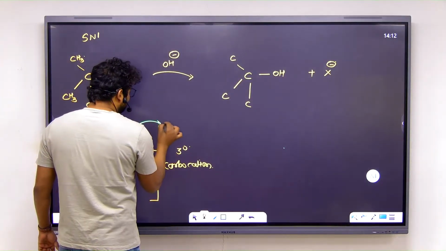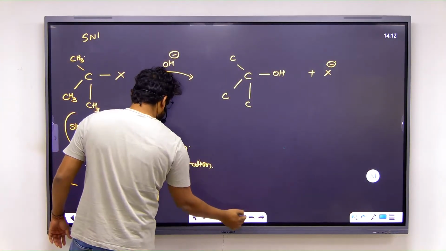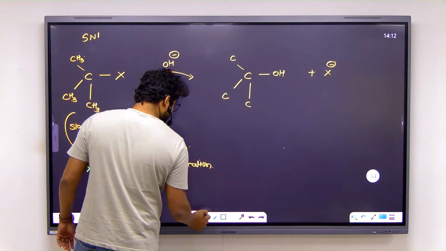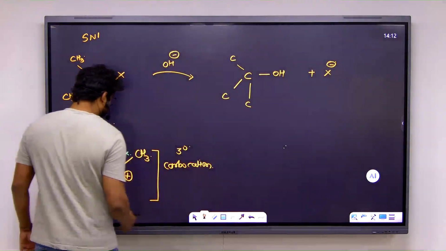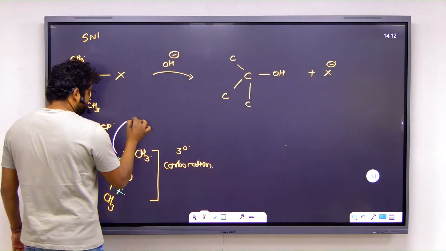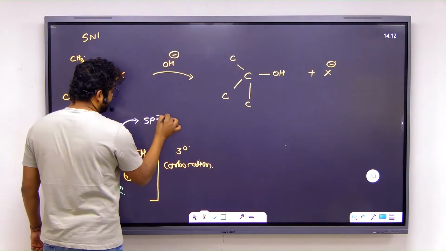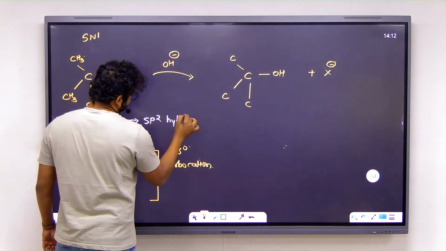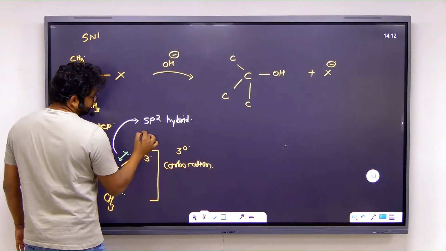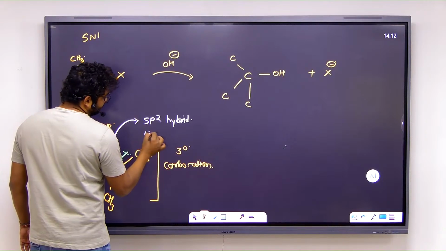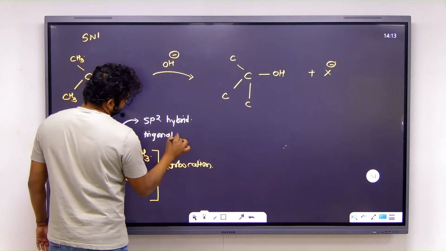Other important thing, the carbon atom at the center of the carbocation is sp2 hybridized, trigonal planar,